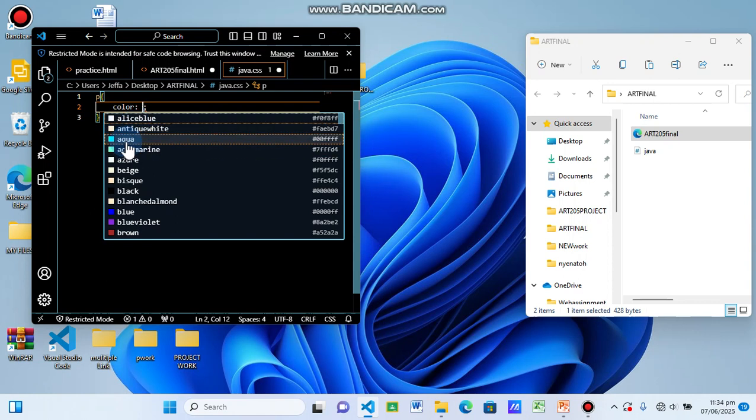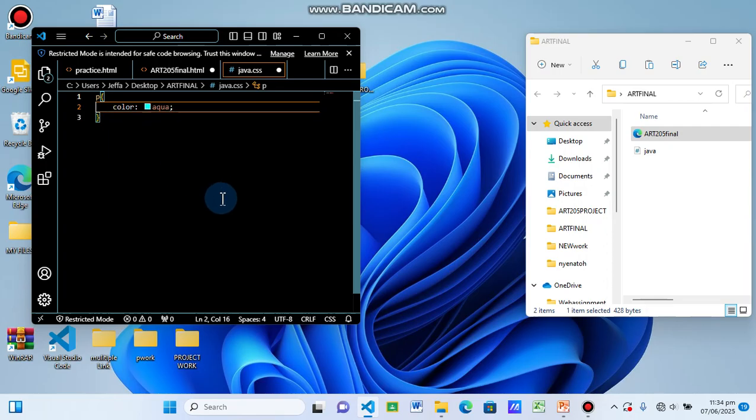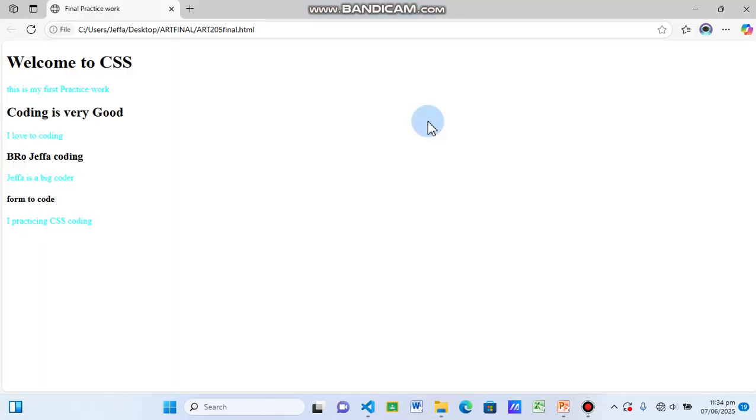So I choose the color aqua, I press save. I come to our web page. You see all our paragraphs within this web page have changed into this aqua color.